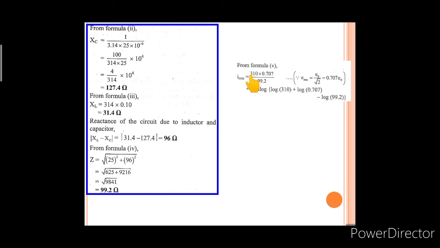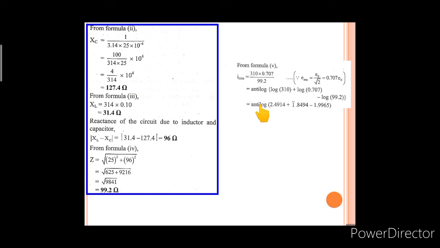So in the bracket we have to write log 310 plus log 0.707 minus log 99.2. Then in the next step we have to write down the value of log 310, which comes to 2.4914, the value of log 0.707, which is bar 1.8494, and the value of log 99.2, which is